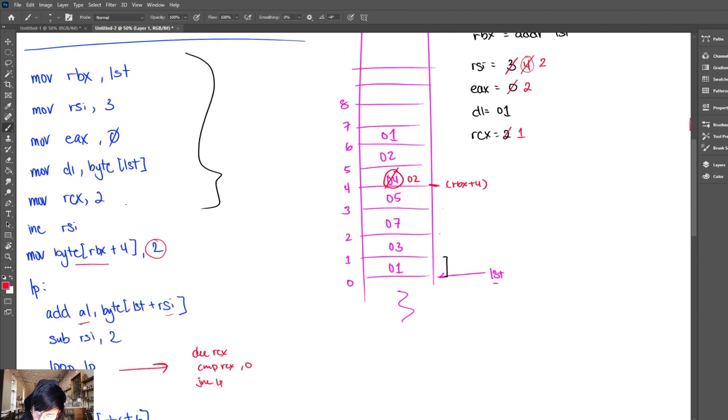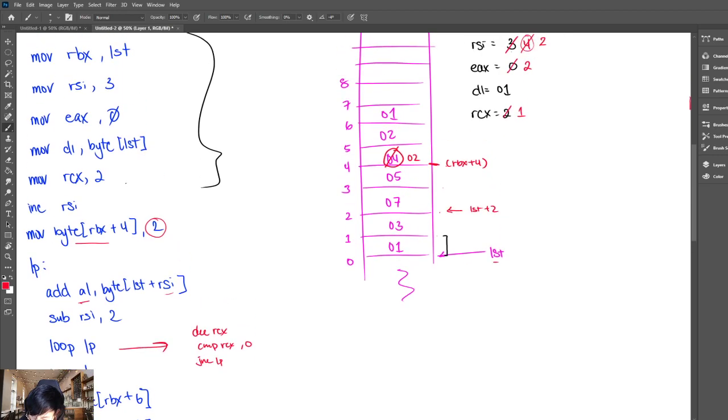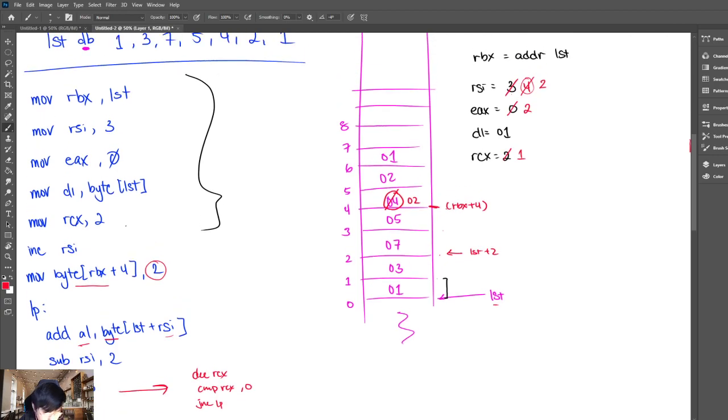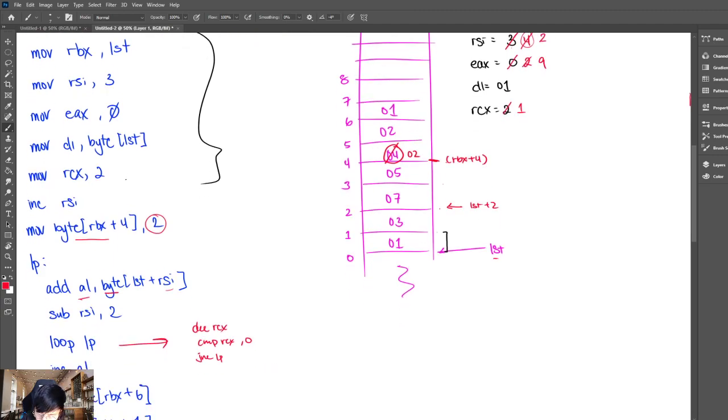So RSI is now at 2. So LST plus 2 right here is pointing at where the 7 is. And I only want to take a byte out of this memory slot. So I'll get 7 and I'll add it to AL. So now we will have